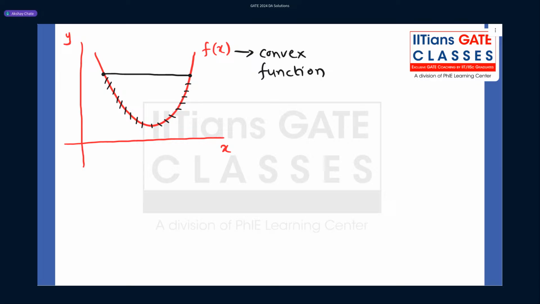So if it is a convex function, it will satisfy this property. And if it is a convex function, then we can say that wherever f dash of x star is 0, that is the global minimum. But in this question, since